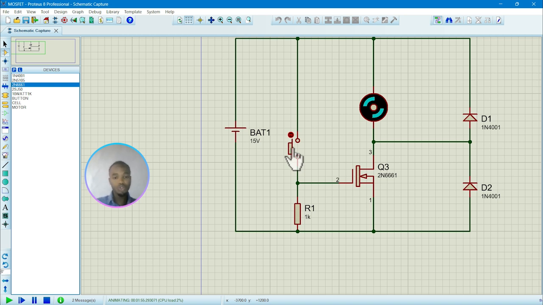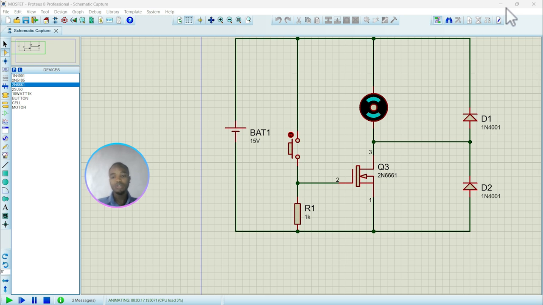It is possible to use a MOSFET in 2 directions. So I would like you to try to design your own schematic circuit in order to understand how it operates. More information about Proteus, how to design your circuit, how to use a MOSFET.